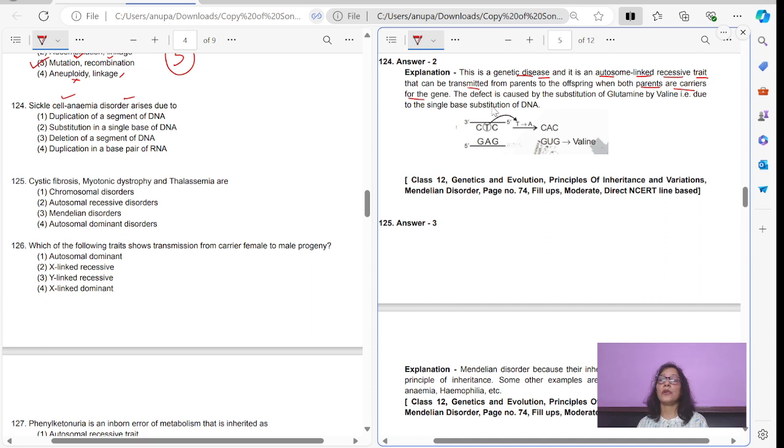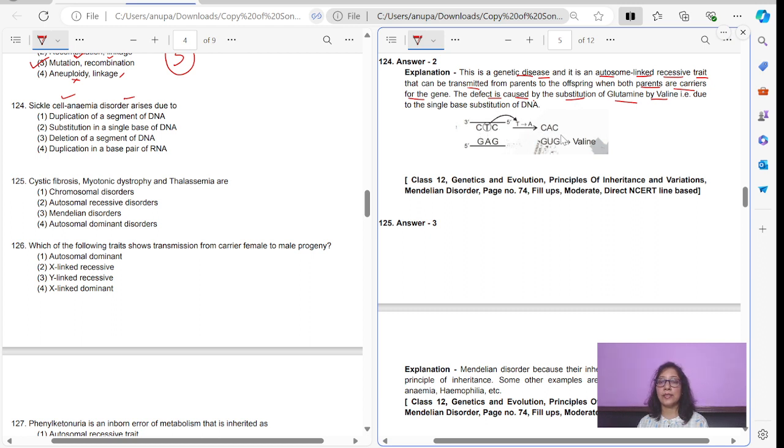If both parents are not carriers of the gene, then this gene will not be transmitted. And the defect is caused by the substitution of glutamic acid by valine. Here you can see the image,